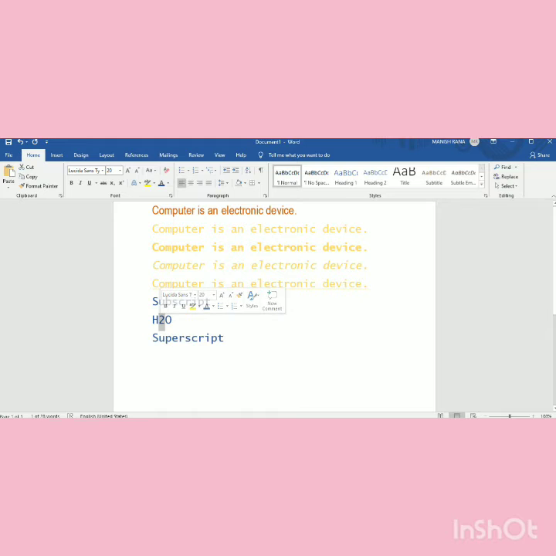When you have to display the text below, you have to select the particular option and this is used for subscript. It will display your text below the normal text.